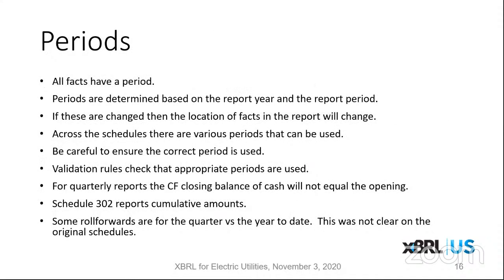The other information you're going to have to enter into the instance documents is the periods. All facts have a period. So basically, they can be either a duration or an instant, measured over time or at a point in time. And those periods are determined based on the report year and the report period. So the way the form is rendered, it looks at the report year and the report period. You've got to populate those two values in your XBRL instance, and once you populate them, that'll determine where all the numbers go. So if you put 2017 as the report year, and then you put a fact for 2016,